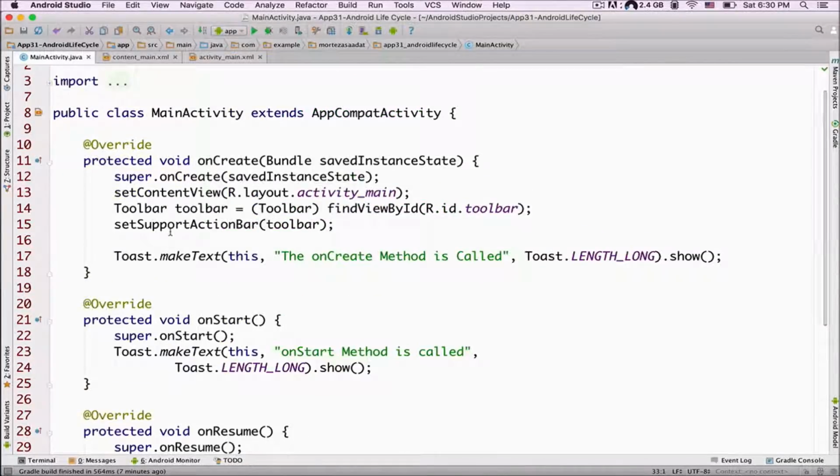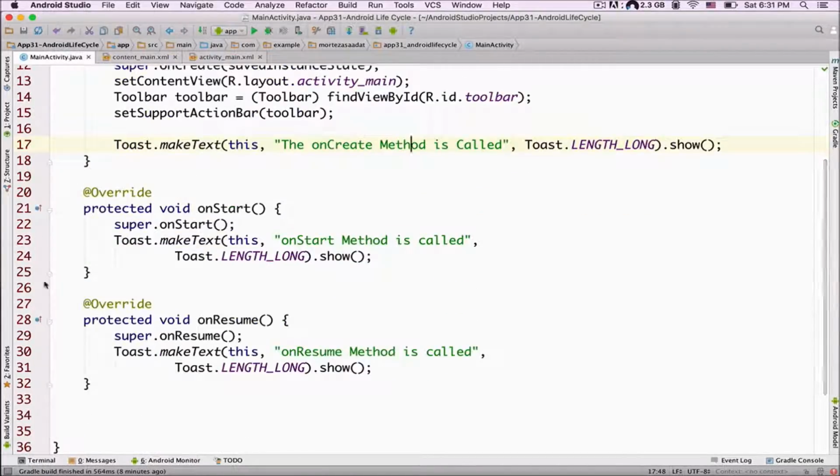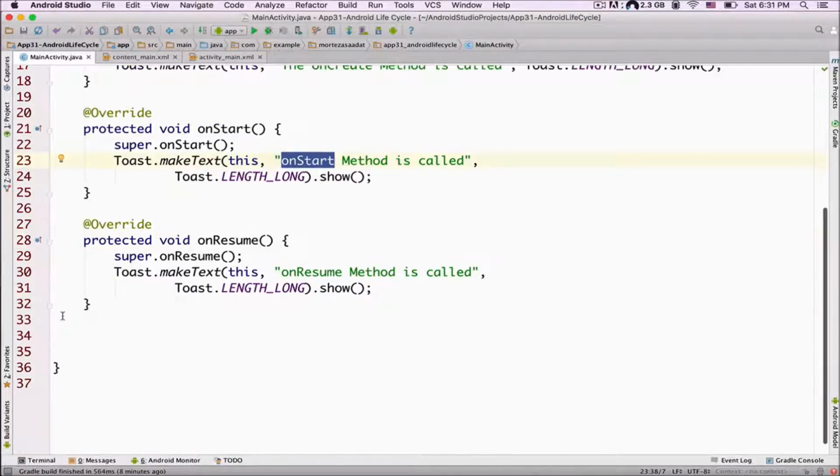For the first time that this application starts, the first method that is going to be called is onCreate, and then it's going to show this message to the user. The second method that is going to be called is the onStart method, and this message is going to be shown to the user. The third method that is going to be called is the onResume method. And here it says Toast.makeText. This onResume method is called